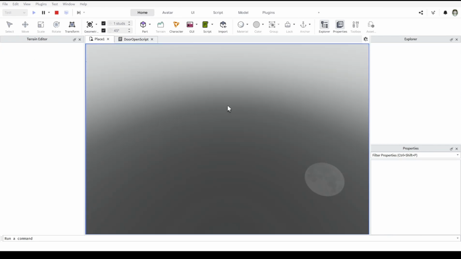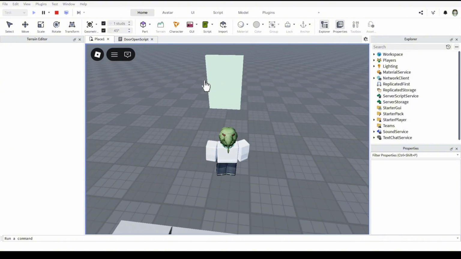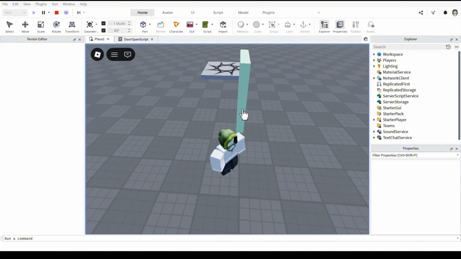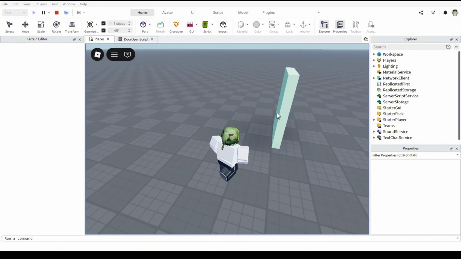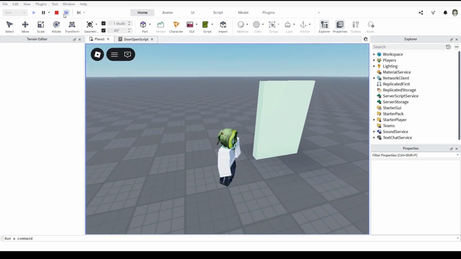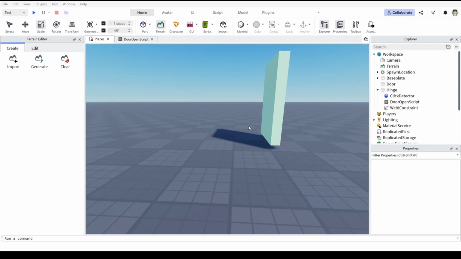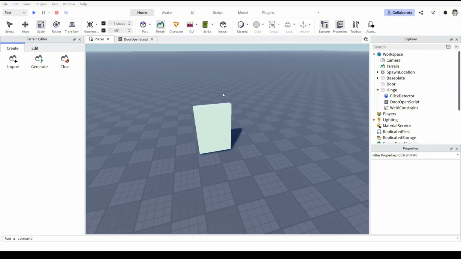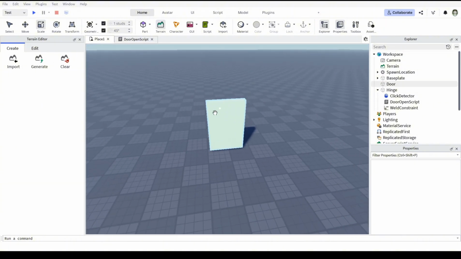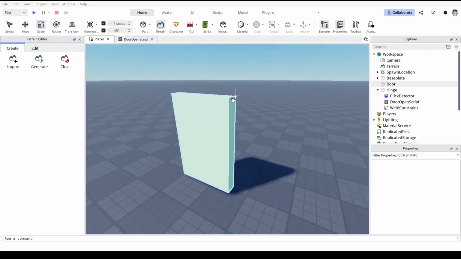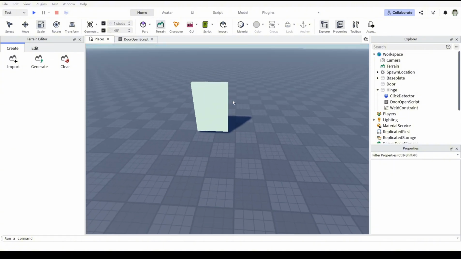I didn't realize it was so big. But yeah, the door opens, and then you can close the door. You can always put a little doorknob as a cool little effect. That's a very cool way to make your door. Again, you can always make a little bit of a frame around it so it looks even more like a real door. But for this video, I wanted to give you guys the basic way to make a door that opens